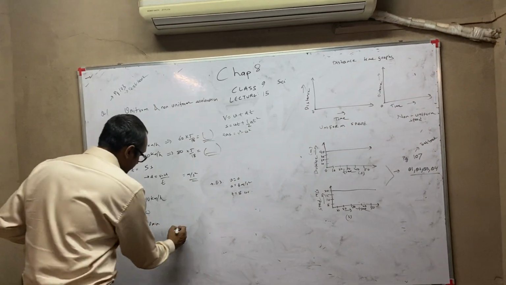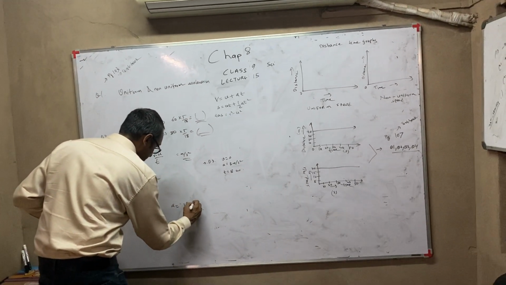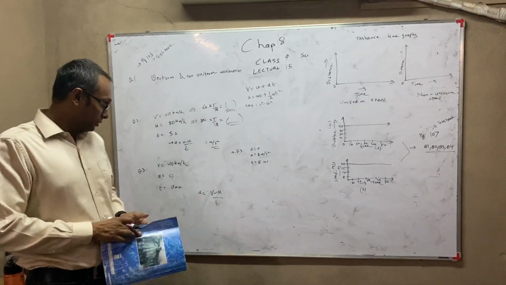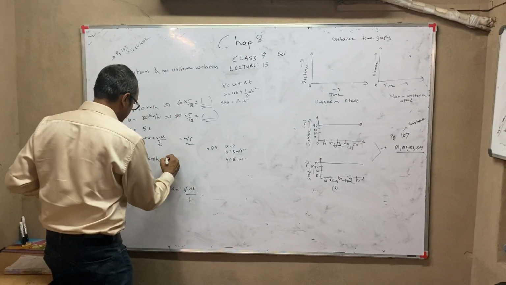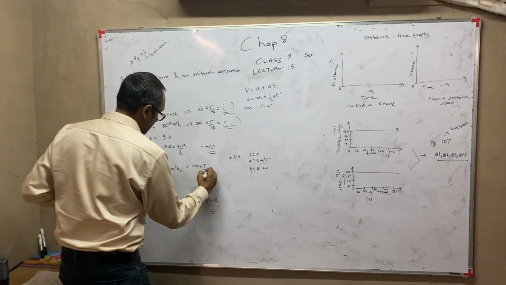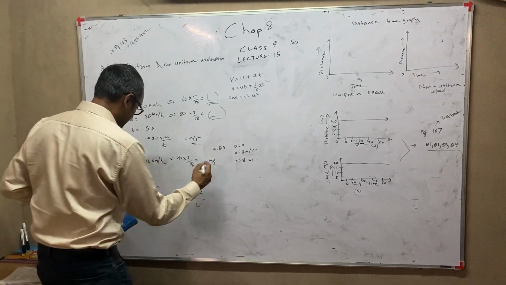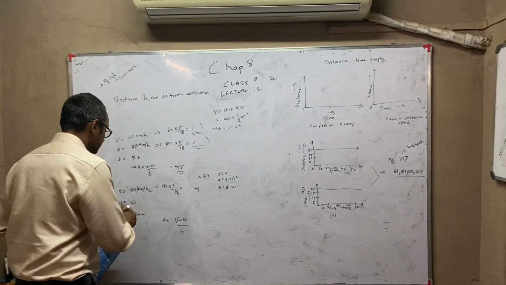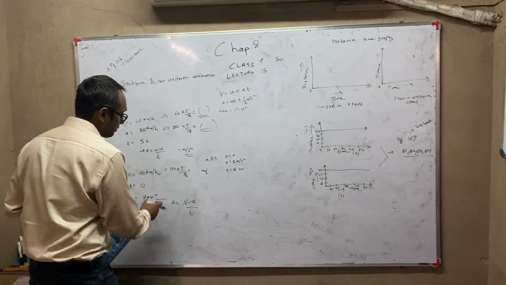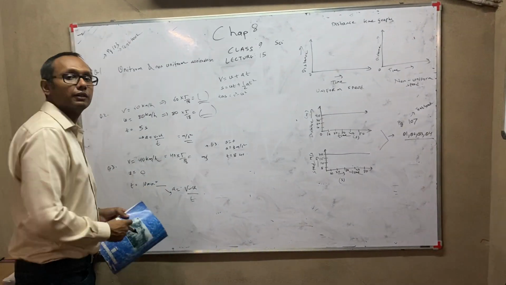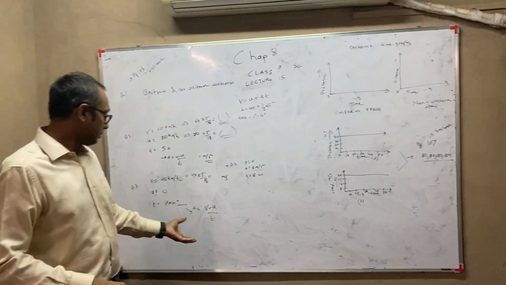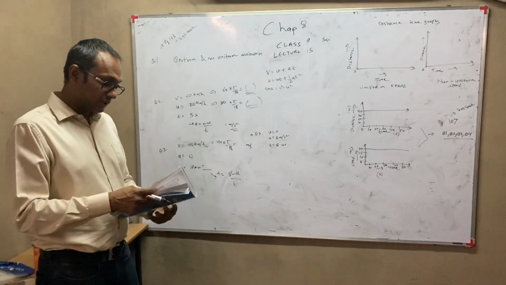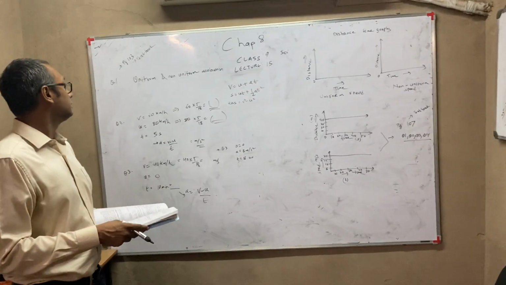Again we have the formula, acceleration is equal to (v - u)/t. Now again we have to do 2 things here. This 40 you will have to convert into meter per second, and secondly this 10 minutes you will have to convert into seconds. Then only you can substitute it there. Here the value will not be very much, it will be something very little. So this will be question number 3, page 103.